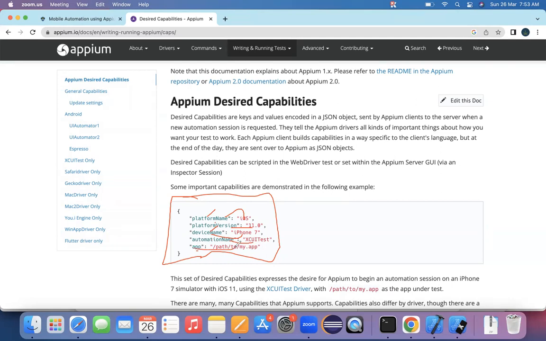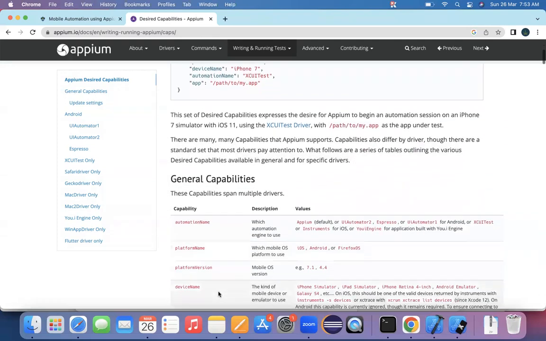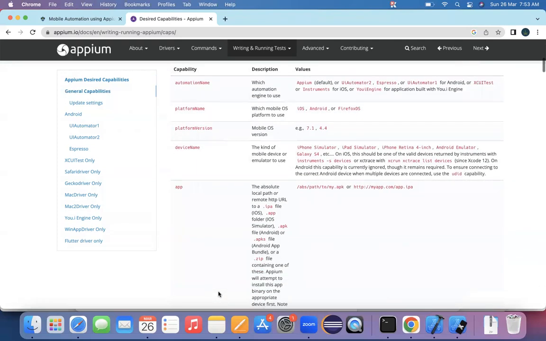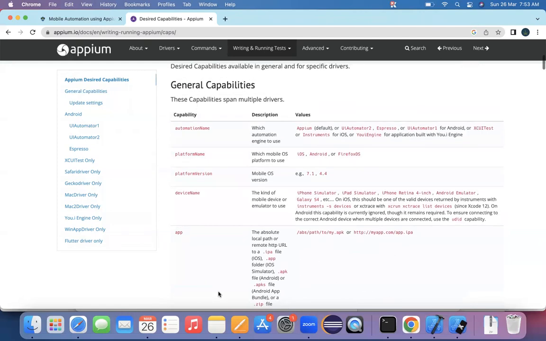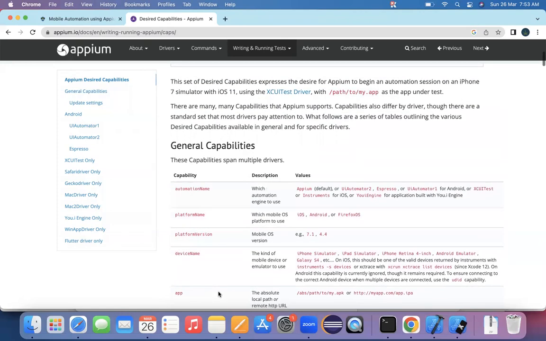You can specify the app file, or if the app is already installed, you can specify that information. So these are a few of the desired capabilities that we are going to use depending on a project's needs. There are a bunch of capabilities that we will be initializing and declaring as part of our programs. Okay. Perfect.